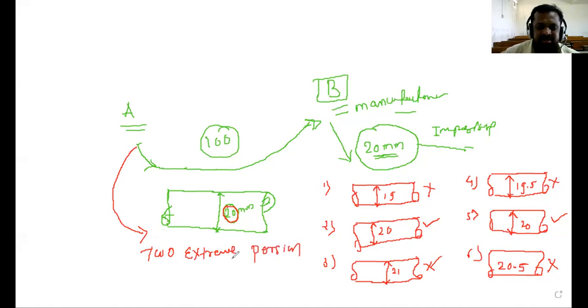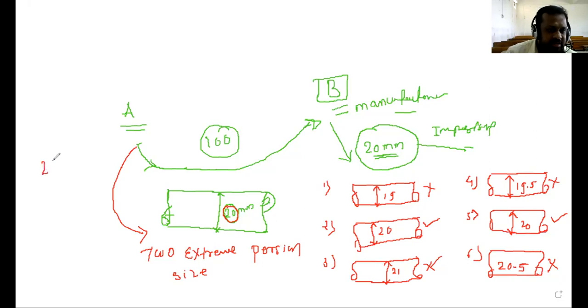If such a person has given the two extreme permissible sizes and tells B, now you prepare the shaft, but during the preparation if some amount of variation becomes, that much variation only I will accept. Means suppose, so look, here what he has told us,